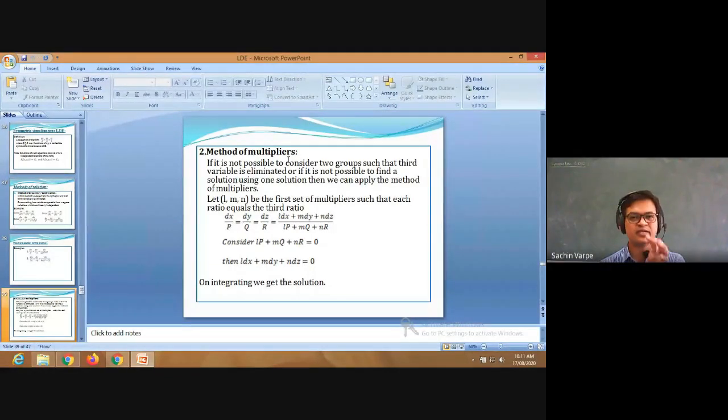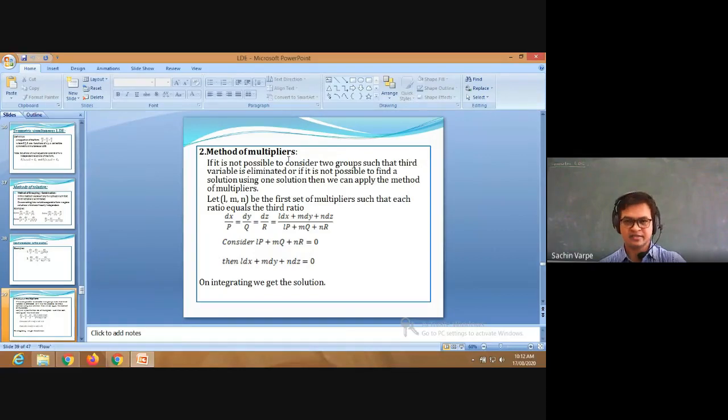So we must have some finite quantity, isn't it? To get the finite quantity, we are considering the numerator is also 0, because as we know, if we have 0 by 0 form of any equation, to consider its limit, we are applying the L'Hopital rule, isn't it? By applying successive L'Hopital rule, we are trying to get the finite limit. I hope you remember, you might have discussed it in M1 or M2. That is why we are considering the numerator to be 0, and once we get the numerator to be 0, we integrate it and we'll get the solution, isn't it?